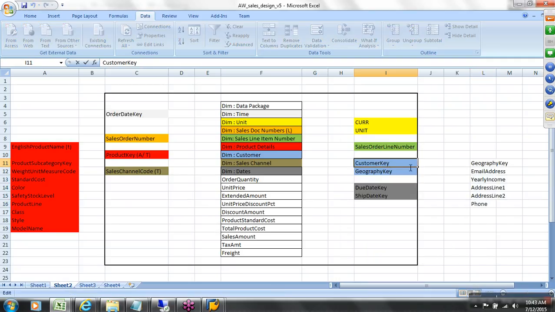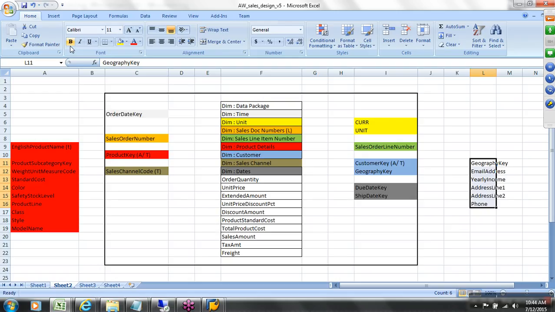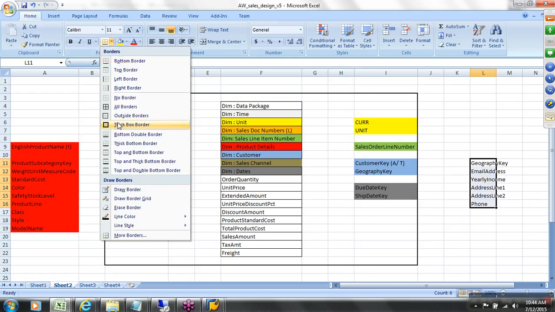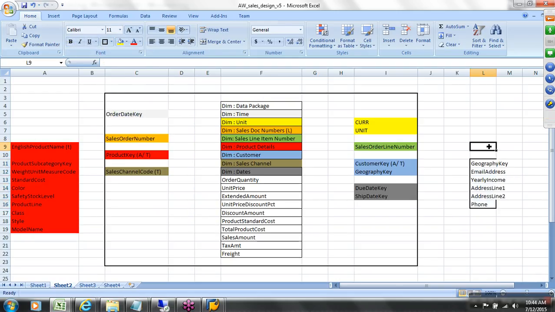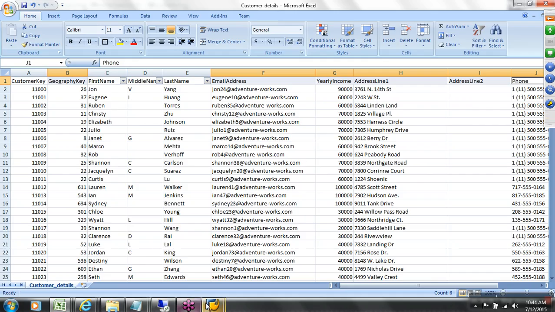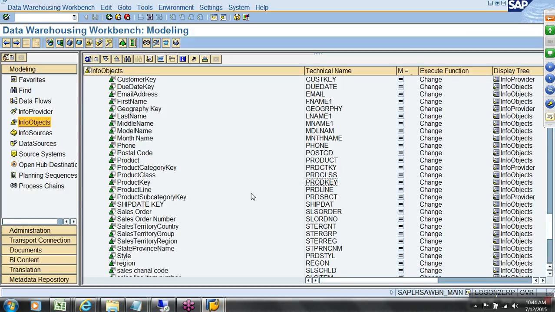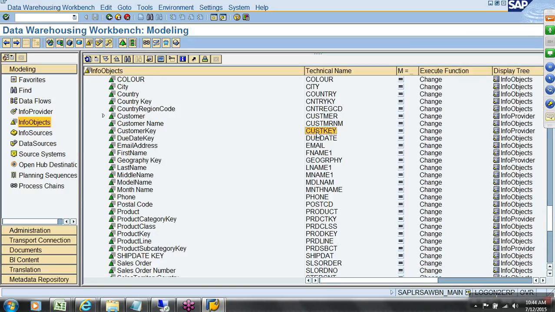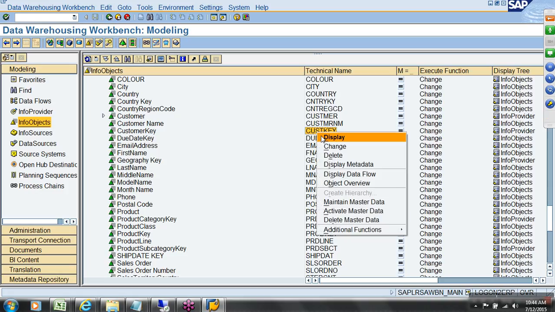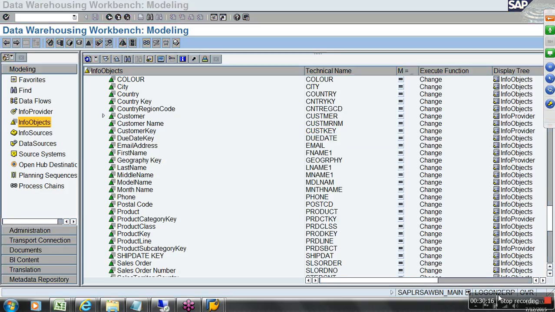So for customer key you plan to have what? Attribute and text, and text with medium, I will say. This is my details for customer. So now let me formulate the text table for the master tables for customer. So I'll go to characteristic customer key. Right click. I would like to save